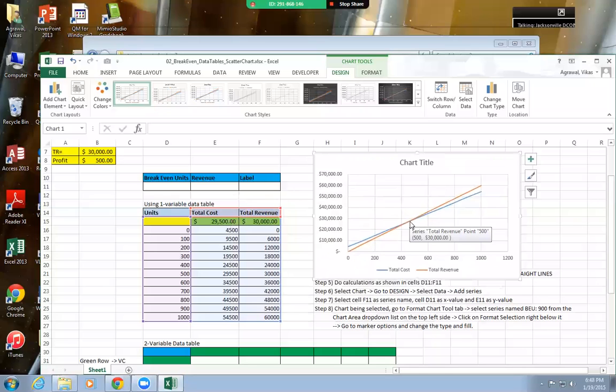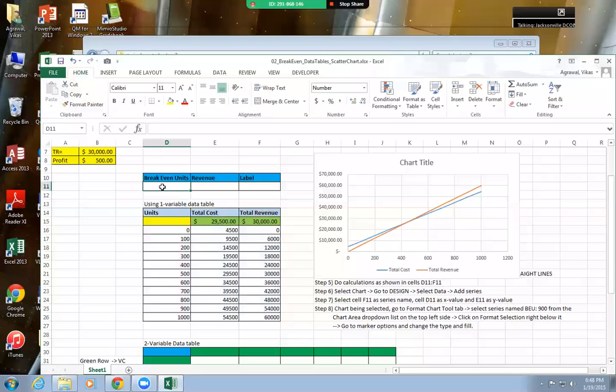All right, so I know that my break-even point is somewhere here, right? Maybe my unit should be near 500, right? So let's fix that one. You know the formula for break-even point. So what we're going to do is plot the break-even point right on the chart so that we know where it is. Right now you have to do the guesswork, right? So break-even point, I can write down here.